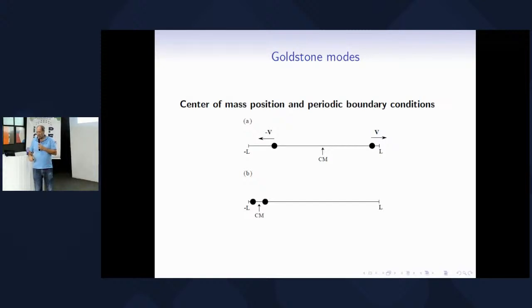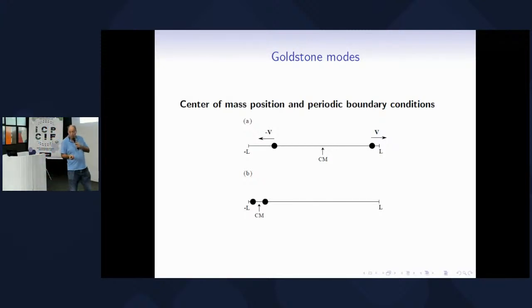What's happening? Well, there's no contradiction, in fact, because here's a very simple example. Suppose I have a one-dimensional space, which is periodic. If one of the particles crosses one boundary, it shows up at the other boundary at the same speed. You can imagine that this is minus pi to plus pi, for instance, like for the HMF model. So I have one particle with velocity v, and the other one minus v, the total momentum is zero, okay? But the position of this particle is such that it crosses the border before the other one, so it finds itself here. So we see, before the center of mass was here, now it is here.